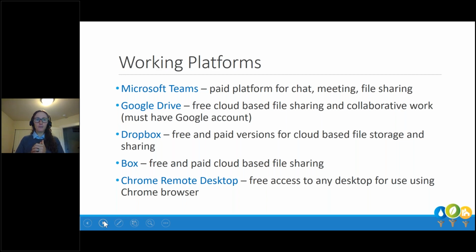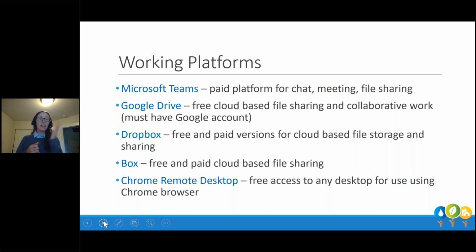The whole Google platform too, using something like Google Drive, again, same. You can share files, you can work collaboratively on files. It's free, which is really nice, but again, you just have to have some type of a Google account login, which is free to create. You just want to have that and manage it. In the end, it's not a big deal if it's internal staff working on it.